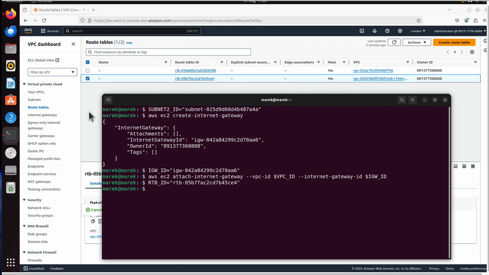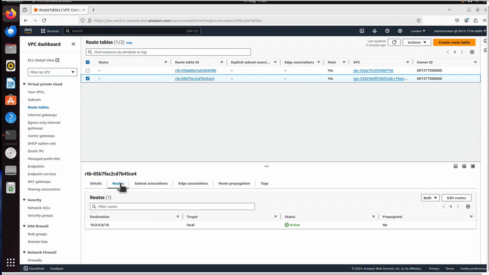And if we go back to that route table and we check routes, we can see there is only one route. There is a local route to the prefix of the VPC, 10.0.0.0/16. But we will need another route to push all the traffic that does not go there. Then we will want to push that traffic to our internet gateway. And then the internet gateway will have to sort out where to push it even further towards the internet.